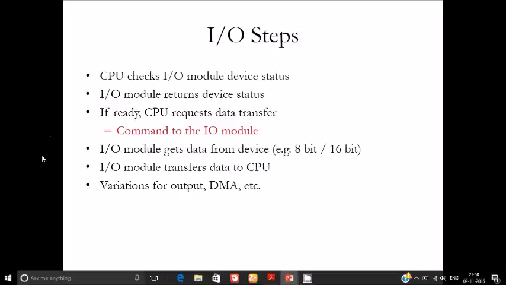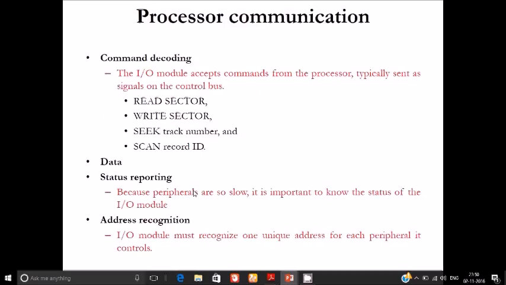In this data transfer, the input output module gets data after the command is done. The input module transfers the data to the CPU, and the various outputs depend on the system. So let's deal with processor communication.